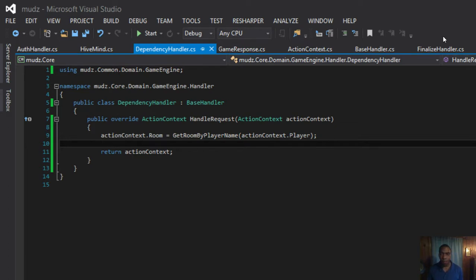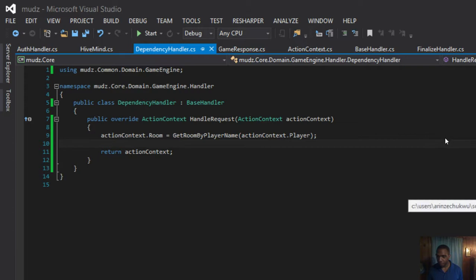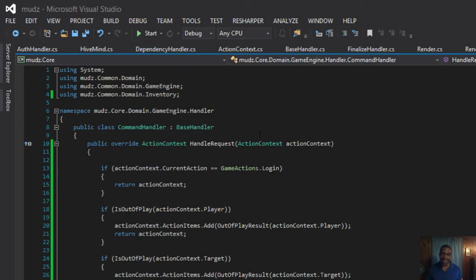And then we did a lot of work to clean up the command handler to get it so that all those game requests and responses weren't cluttering just our mindset when we're looking at the deep nested hive mind activities.